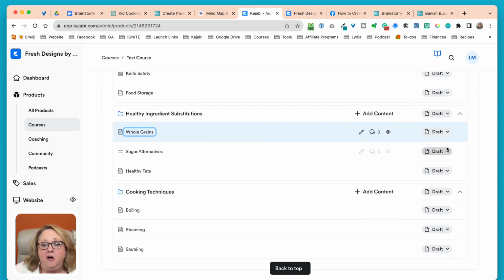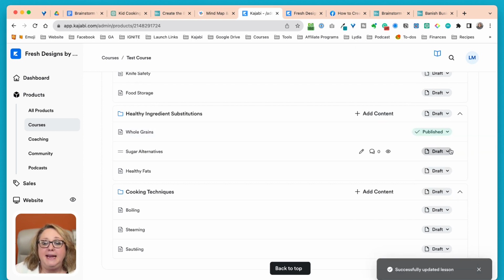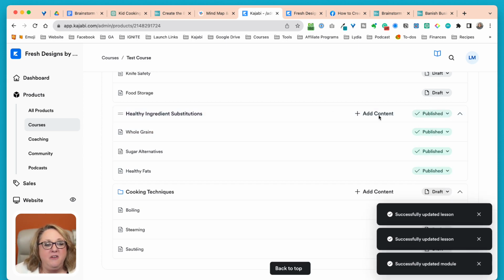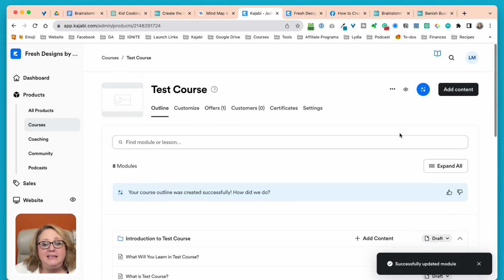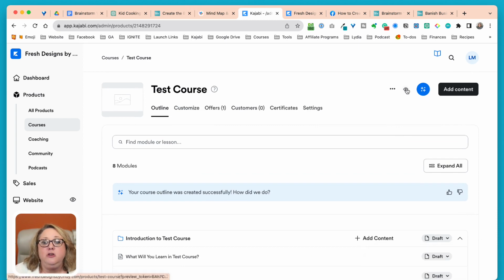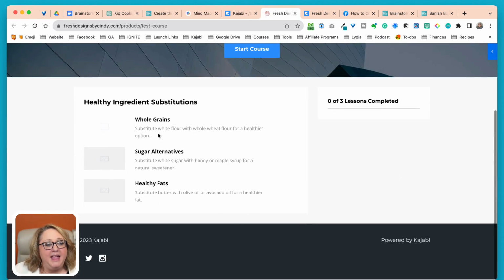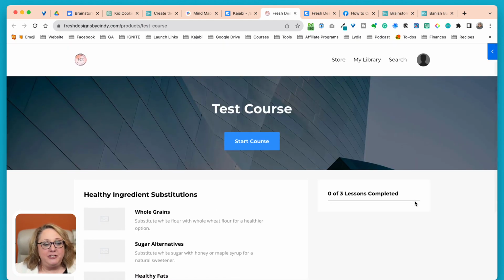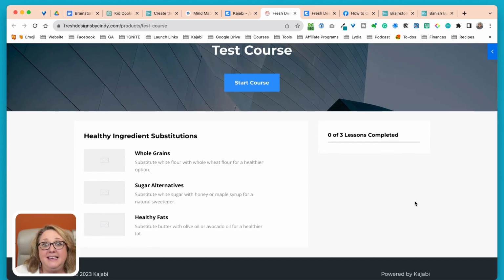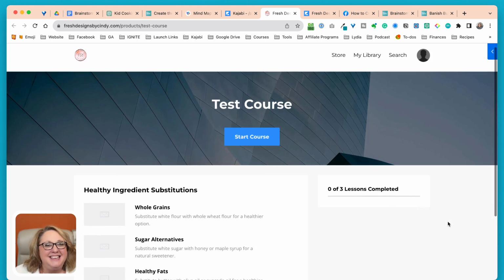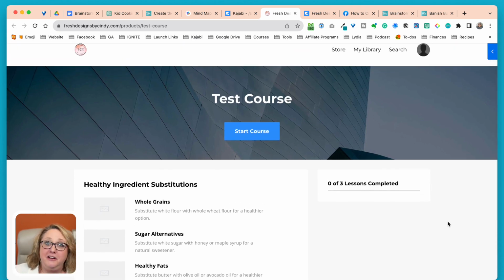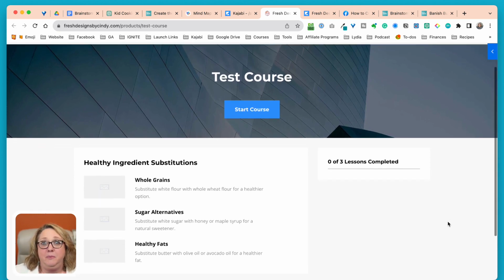Now, notice how these all say draft. Once they're ready and you want them to show in your course, you would turn all of these to published. So I'm going to go ahead and just do this one right here. And anytime you want to see what your course would look like, you just hit preview, and then you see how I have a module and I have 3 lessons. Now, as you can see, what I'm doing behind the scenes is just building the content. But do you see how this is not very exciting? Right? When you're looking at this platform, it doesn't look as nice as Cindy's charcuterie board, right?